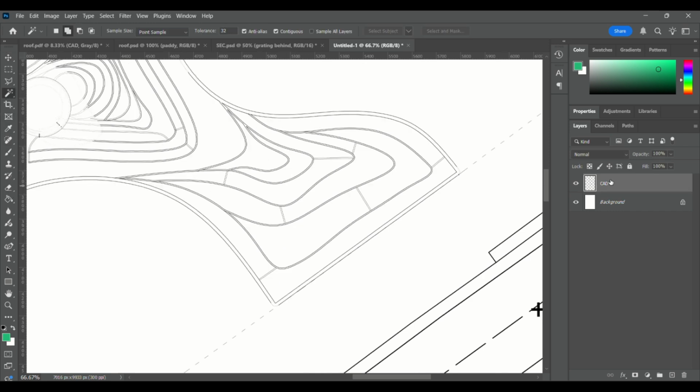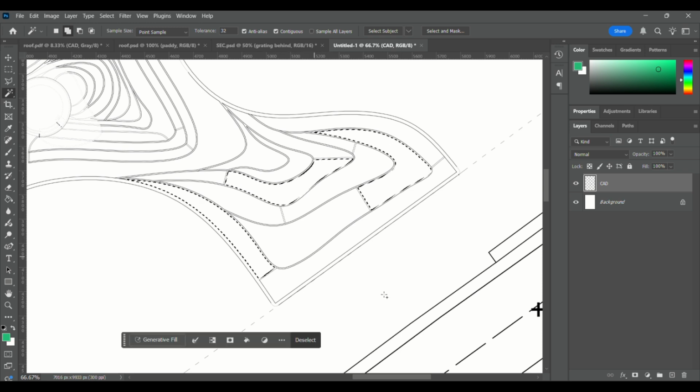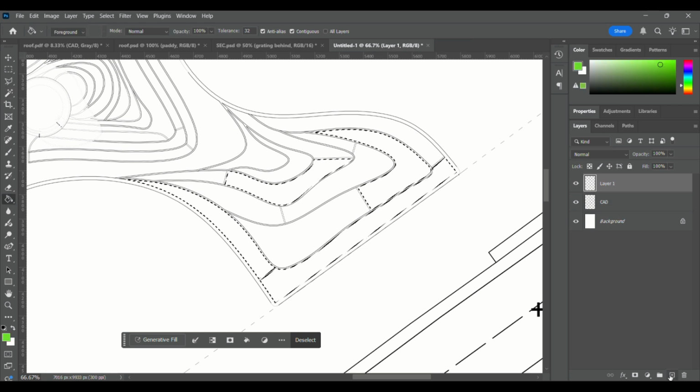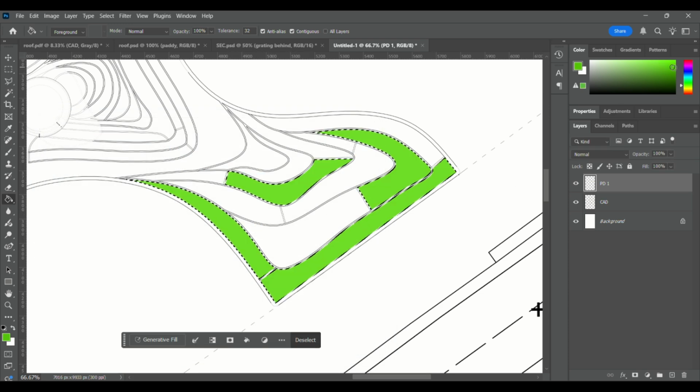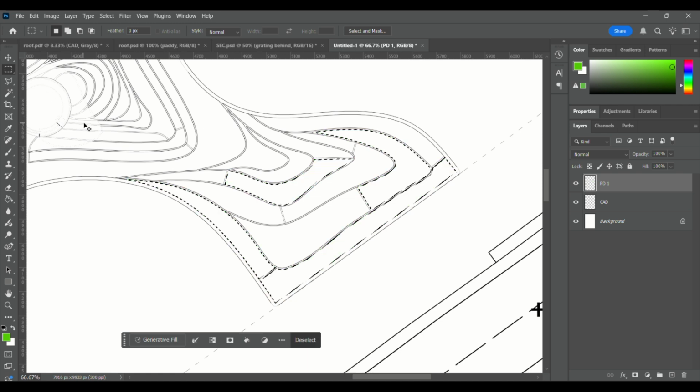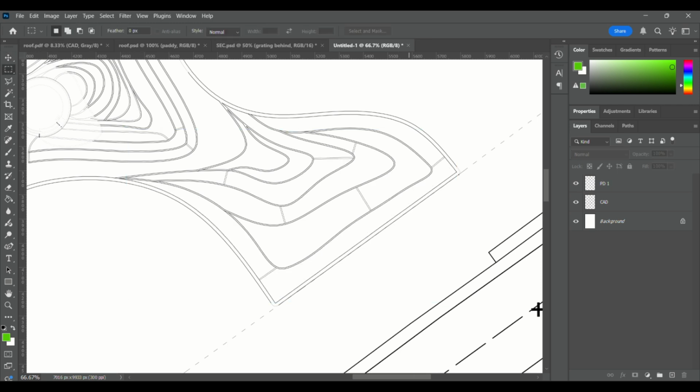shades of paddy. So rather than just add green or a selected shade onto it like this in a separate layer, we'll label it as PD1 because we'll have separate colors, and then we'll just simply color like that. So rather than doing that and editing it in that way, we can simply use pattern overlay, which is you